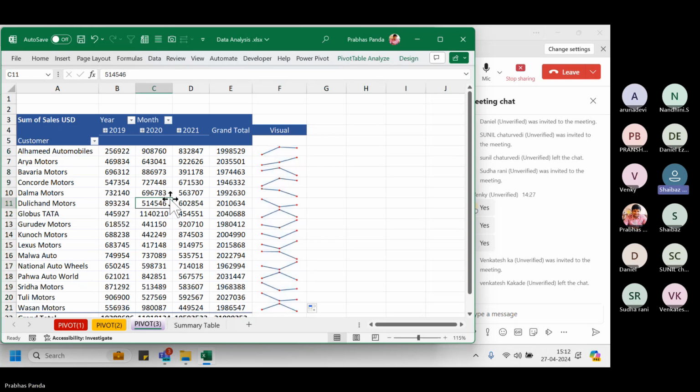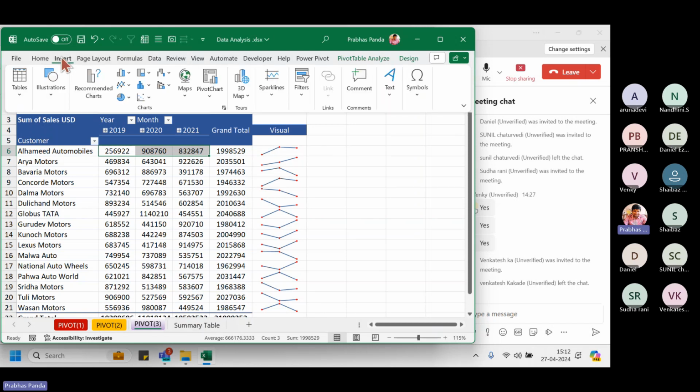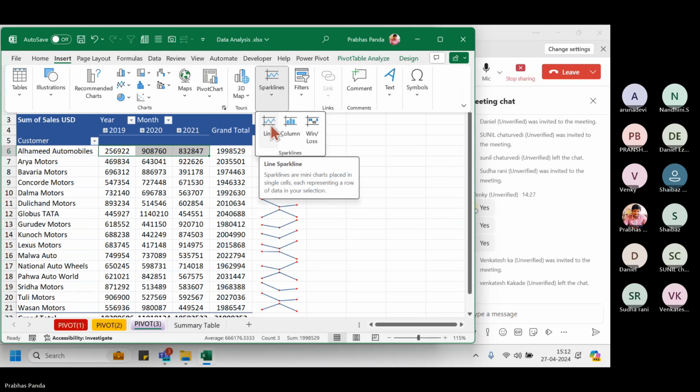Sorry, can you repeat it again, sir, please? Taking the 3 years data, going to insert, do you see an option called Sparkline? Yes, sir. Within that, line sparkline, you can see